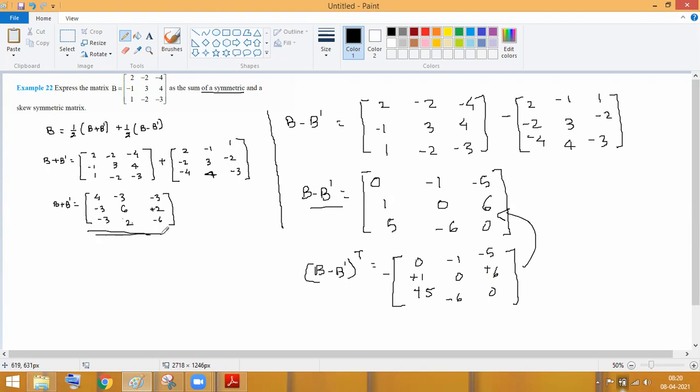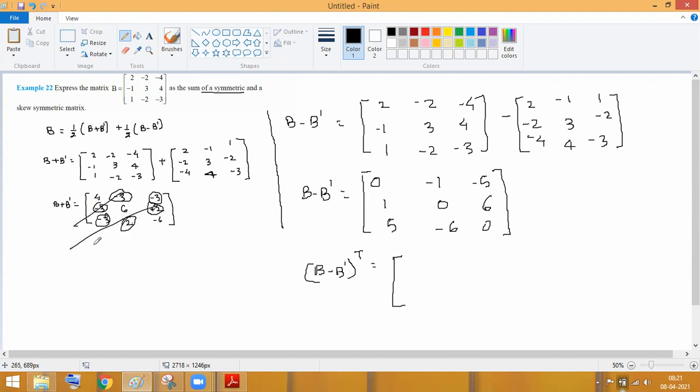Now if you check this, this is the symmetric matrix. कैसे सिमेट्री है? You can check it up. देखो ये एलिमेंट सेम है, ये एलिमेंट और ये एलिमेंट सेम है. ऐसा सेम होना चाहिए. Okay, that will be called a symmetric matrix. Means whatever you got here, B plus B transpose, that is a symmetry. And यहाँ पे जो B minus B transpose है, this is a skew symmetric.